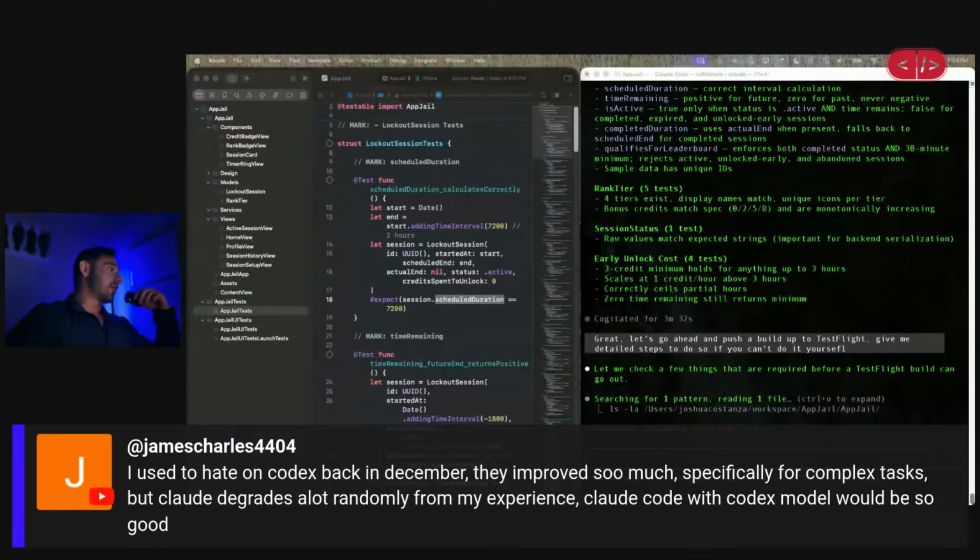James says, I used to hate on Codex back in December. They brew so much, specifically for complex tasks, but Claude degrades a lot randomly. From my experience, Claude Code and Codex model would be so good. Okay, so